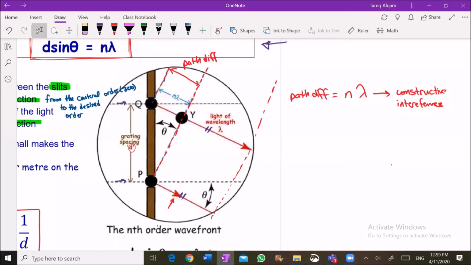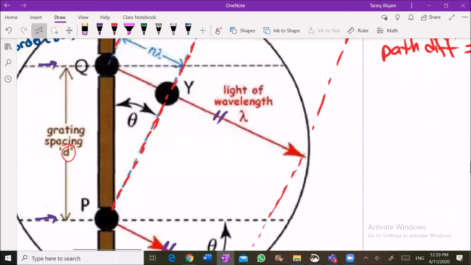Again, the light that is diffracted from these slits interferes constructively if these waves are outgoing from adjacent slits, whereas waves outgoing from non-adjacent slits interfere destructively. So since they are adjacent, the path difference will be n lambda. So I have constructive interference. If I look to this, guys,